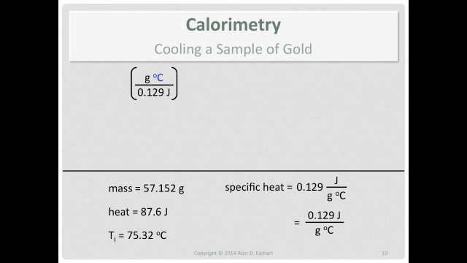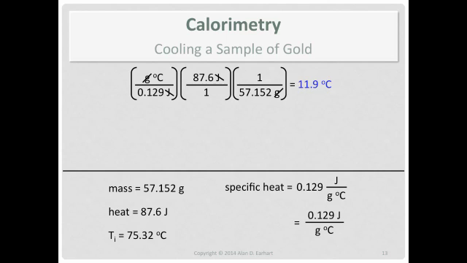And if you're not quite sure about this, you should go back and look at the formula and see that you are indeed dividing by specific heat, which is the same as multiplying by the reciprocal. Now I do my unit analysis. Multiply by the given heat value, so joules cancels. Divide by the given mass, so grams cancels. And our final answer, 11.9 degrees Celsius. 3 significant figures because of the 0.129 and the 87.6.